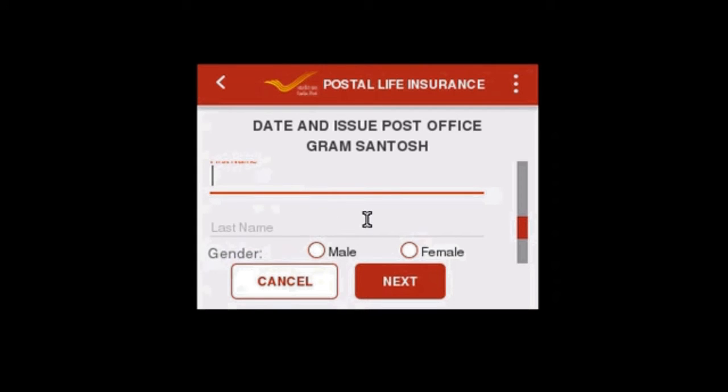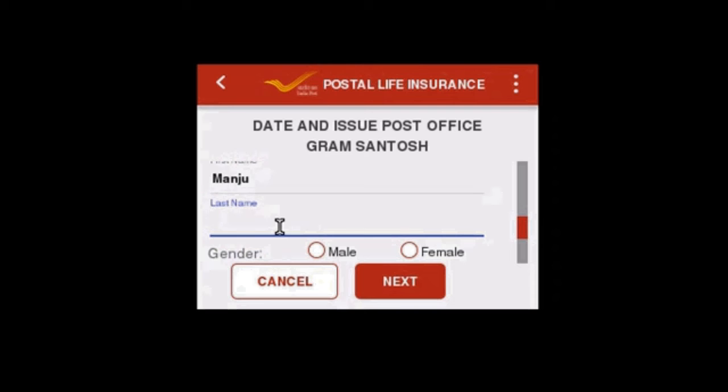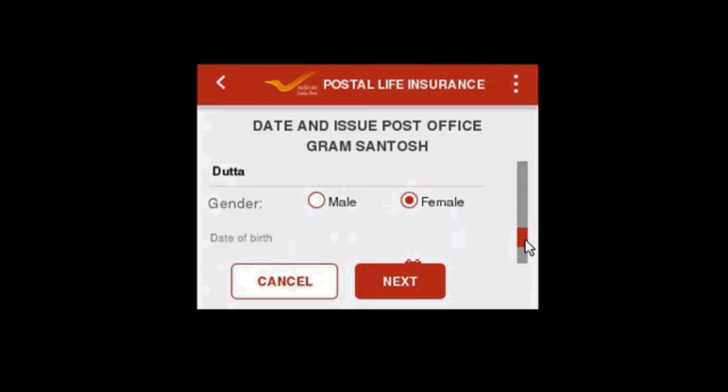First name: only the first name will be in the first name field, and surname will be at the last, it has to be given in the last name column. Manju Datta. Gender female. Then scroll down.